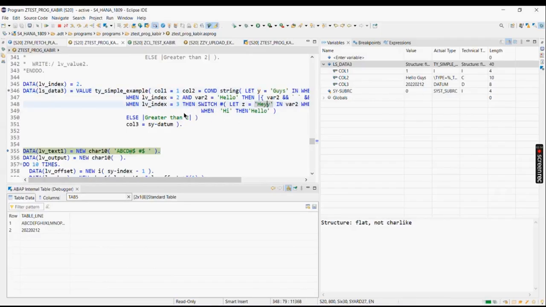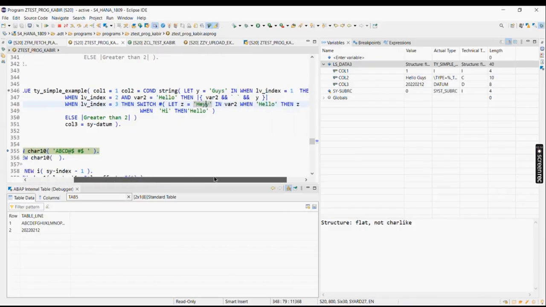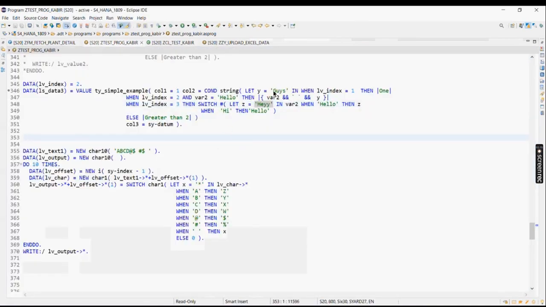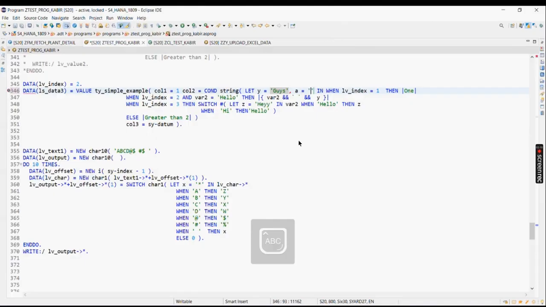Right? And again here, if you see here also, I used it on the fly, right? Hey, but I have used it in index 3. So I have used multiple auxiliary variables. One here for this condition expression and one here for this. Now, what if I write like this, comma, A equals to hi, okay,